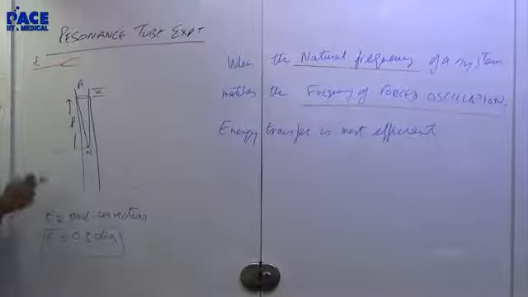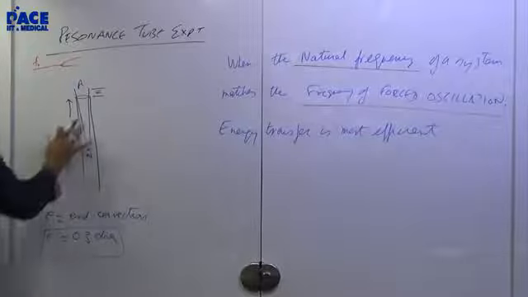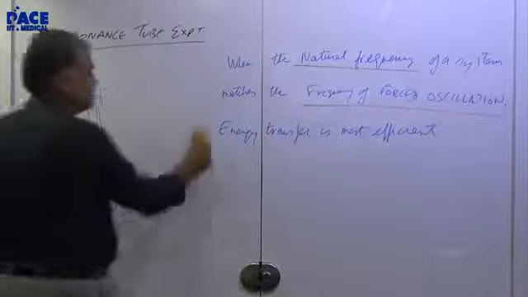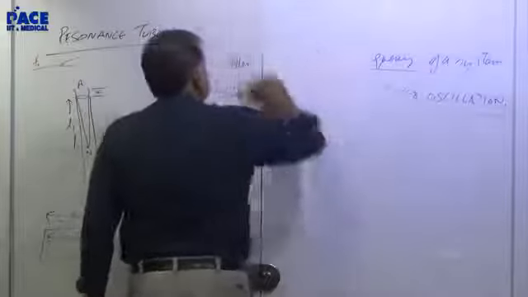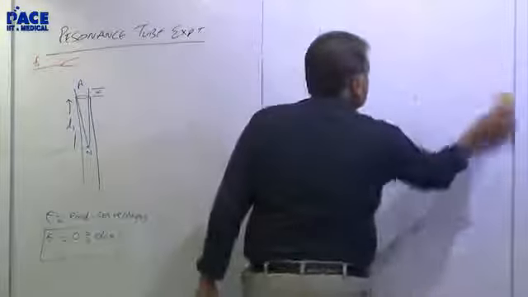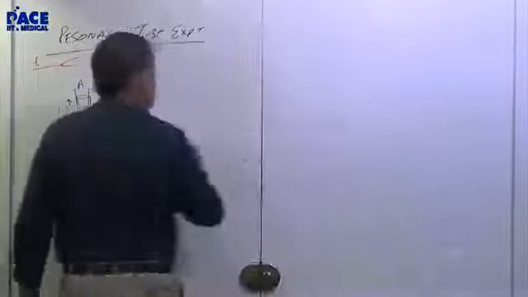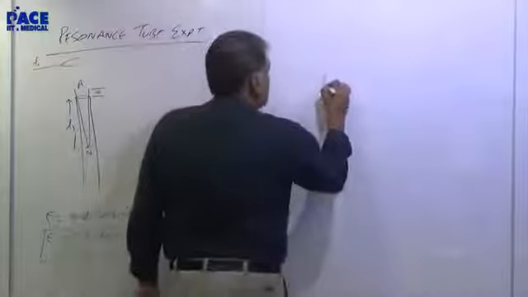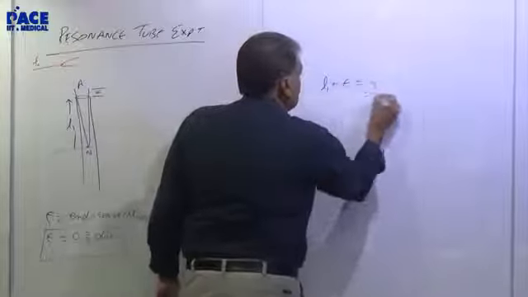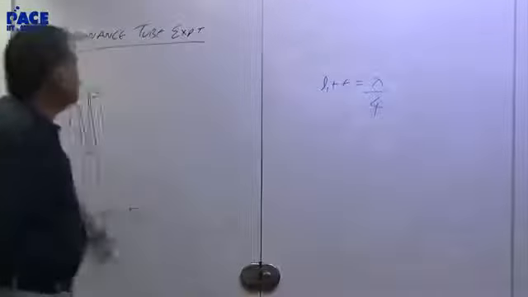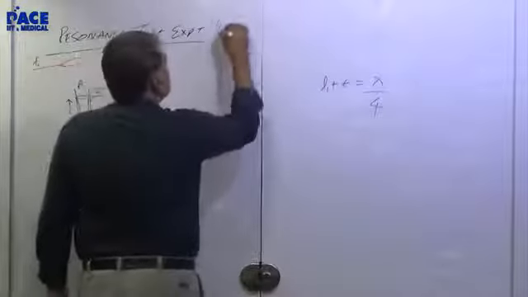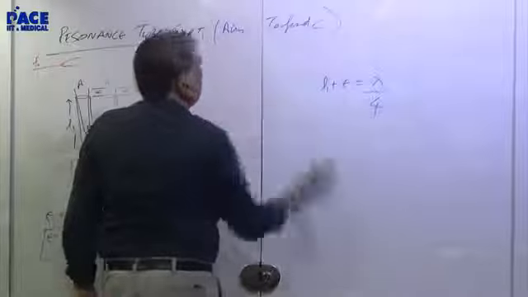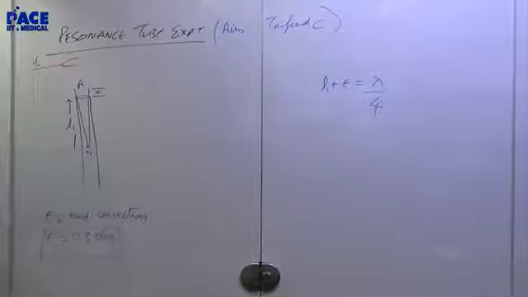That's it. So if this is the length where you got your first thing, the first resonant length you have got, the fundamental frequency of this tube is matching the frequency of your tuning fork. So what can you write? You can say L1 plus epsilon is lambda by 4. What's the purpose of doing this experiment? The aim is to find the speed of sound. So we have got this.